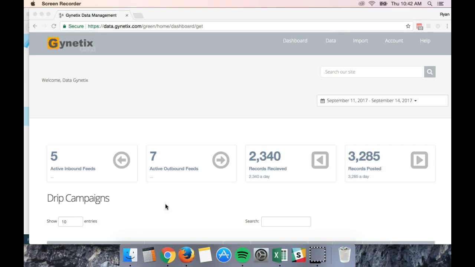Right here we show on the home screen that we have 5 inbound feeds and we have 7 active outbound feeds. The 5 inbound feeds are different data vendors that are potentially sending you data, or lead providers that are sending you data in real time. It's able to come in here in real time, get suppressed by any kind of suppressions you might have, get hygiene by any third-party hygiene integrations we have,